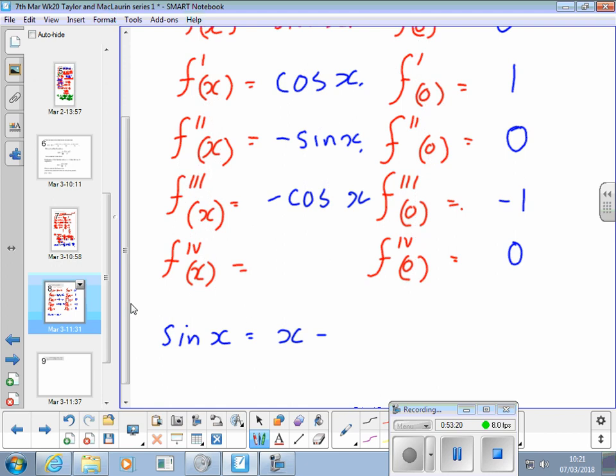Yeah, I'll write out the plus x to the 5, minus x to the 7 over 7 factorial. And so the pattern is